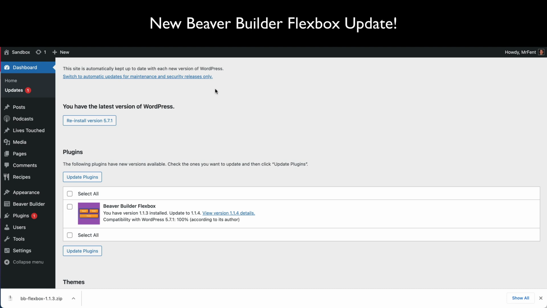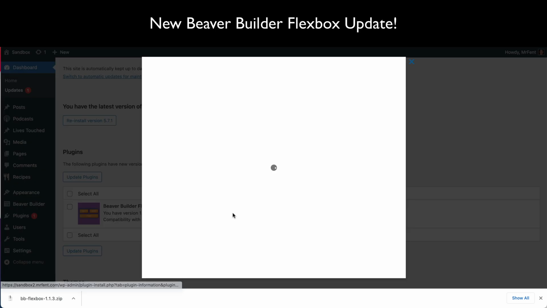Most people are probably going to already have version 1.1.3. First you'll need to install version 1.1.4. This is a minor update. The 1.1.4 has the new update for the automatic columns, going from 1 column to 0 columns on the automatic setting. And then it also has a new system of getting your automatic updates that incorporates the licensing system. So probably right off the bat, if you have 1.1.3 or earlier, you will see this update is available. So I'm going to go ahead and update